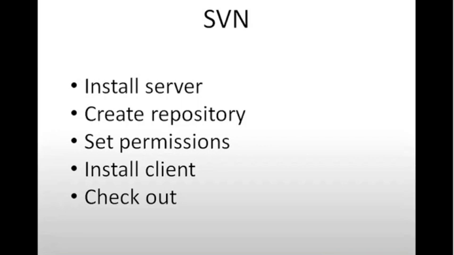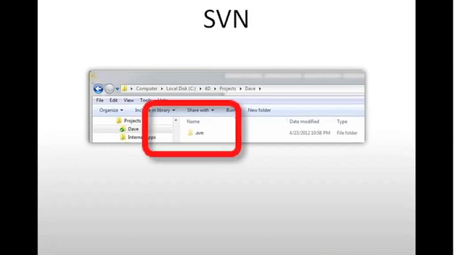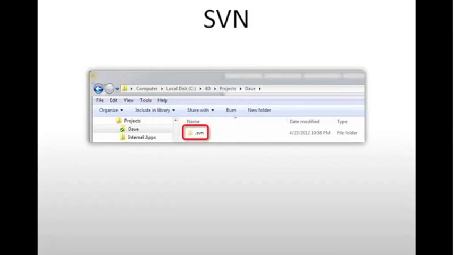Now, going back to creating a repository and checking out. What do I get when I check out? Here's an example. I created a repository on our Subversion server called Dave. It was for one of the employees here. This is a screenshot on the client side after having checked out and creating a working copy of Dave. As you can see, Dave hasn't actually started using his repository. Sorry, Dave. So it's empty, but empty except for one thing. There is a folder called .svn. That's going to appear at the root